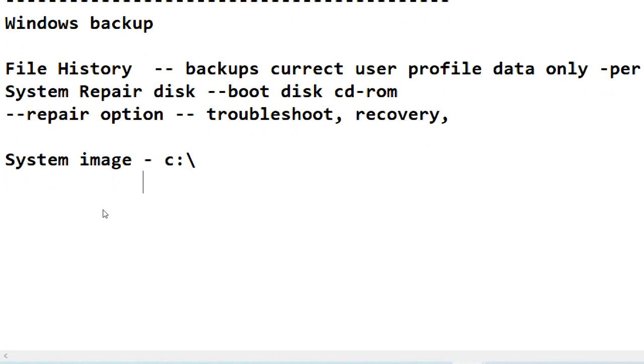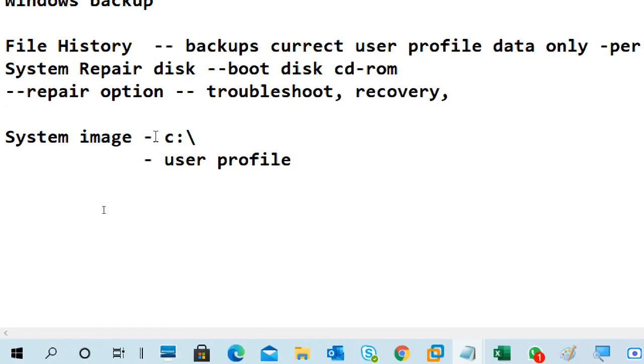Next, user profile kind of stuff, all user profile data, application settings. As a system, whatever the system content is, the entire thing goes to your backup only.